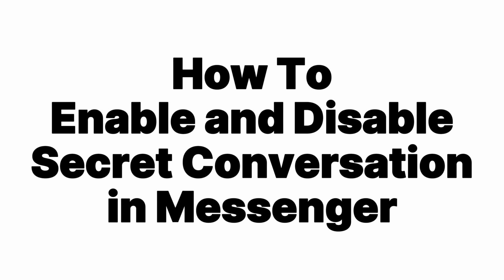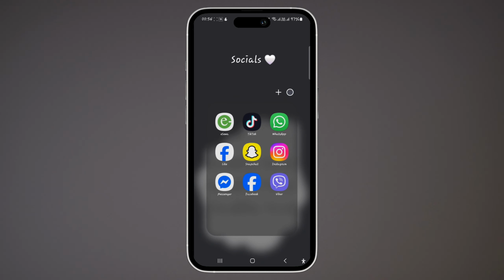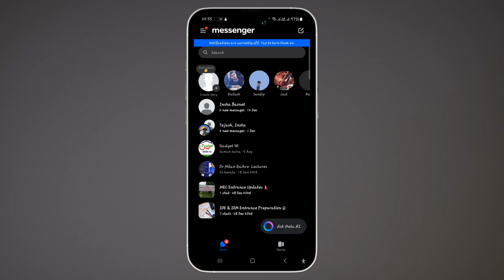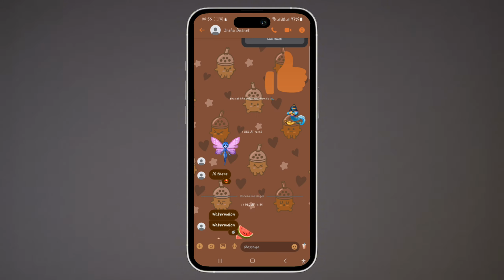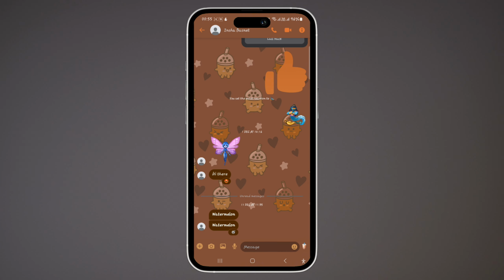In order to use end-to-end encryption and disappearing messages in the Facebook Messenger app, you need to go ahead and open the Messenger application first, log into your account, then open the conversation or the chat where you want to enable secret conversation. But you won't find a secret conversation option because the features of secret conversations are now available in all chats. To find end-to-end encryption, you need to tap on the username of the conversation or tap on